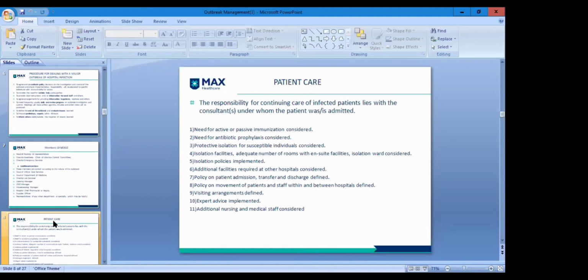So when COVID was happening, the wards were identified so that the COVID patient should not cross a non-COVID area. Specialized lifts were defined in that case. The staff who would be taking care of the patients was defined, and it needs to be circulated and communicated to the whole area. The visiting arrangement needs to be defined.